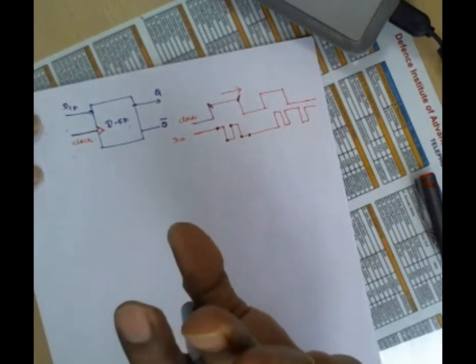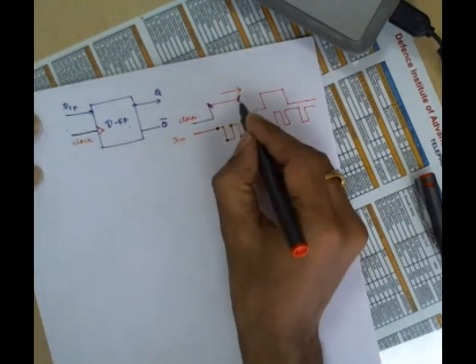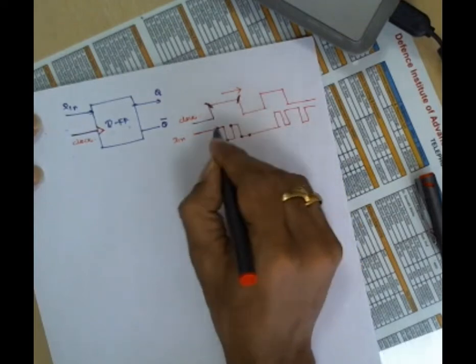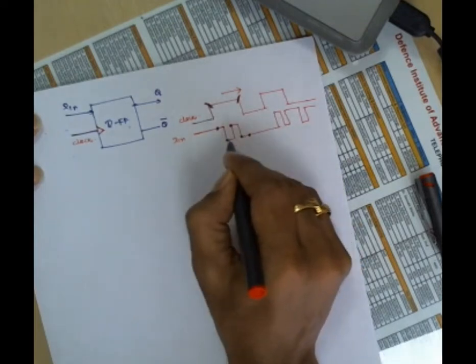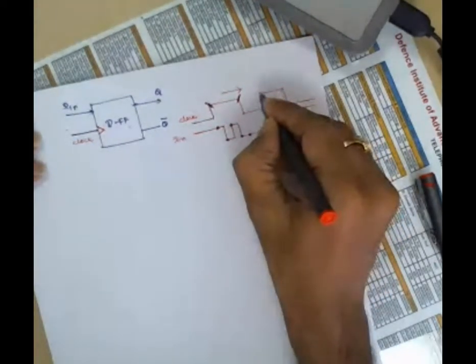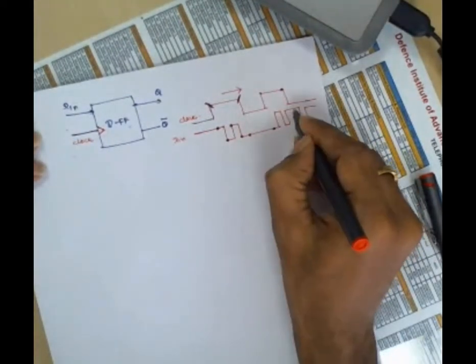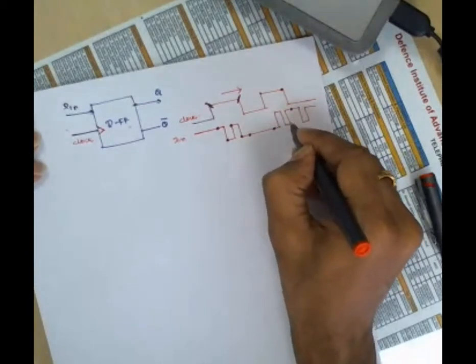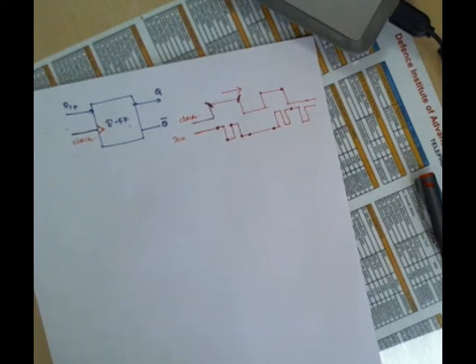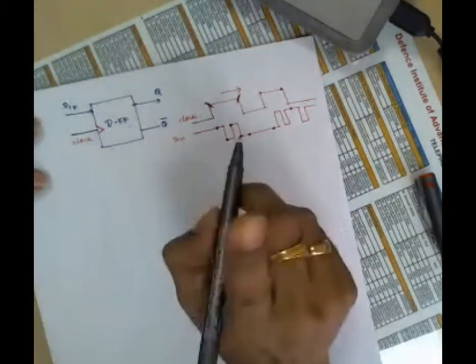Do you understand? Because the latch is level triggered. So during this time to this time, there are 3 transitions in the input. Then the output also will obviously have 3 transitions. The output also will be like this, correct? Here also, there is a 0 to 1, then 1 to 0, 0 to 1. The same pattern will be generated in the output in the latch. But whereas in the flip-flop, nothing should happen like this.